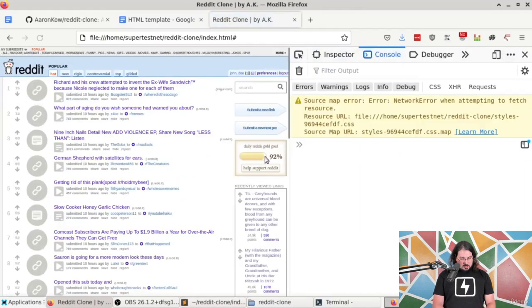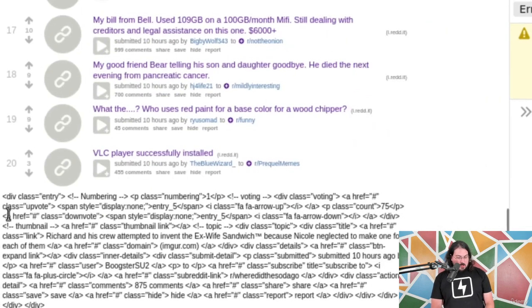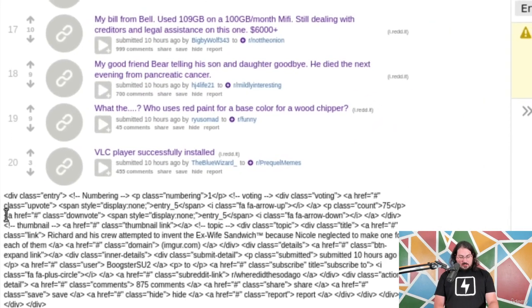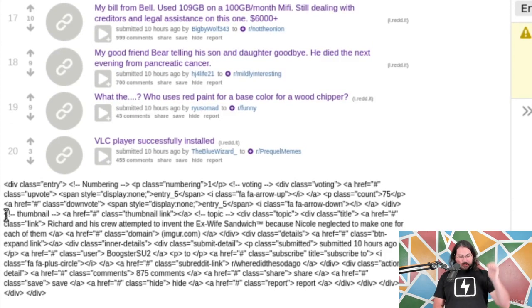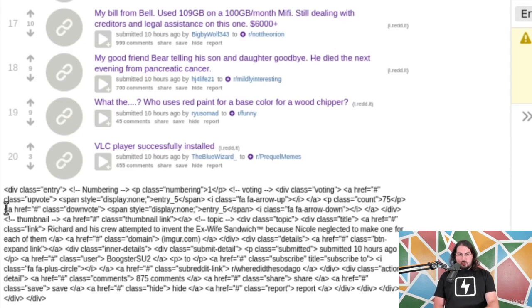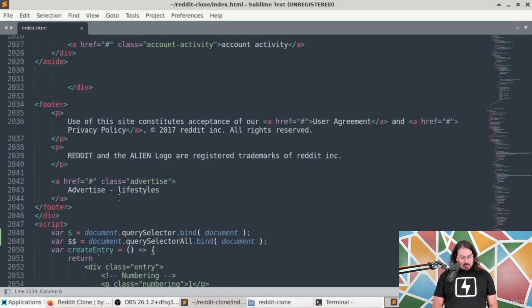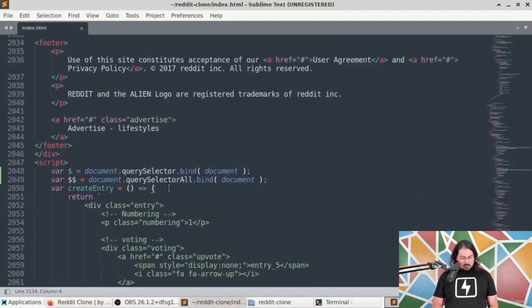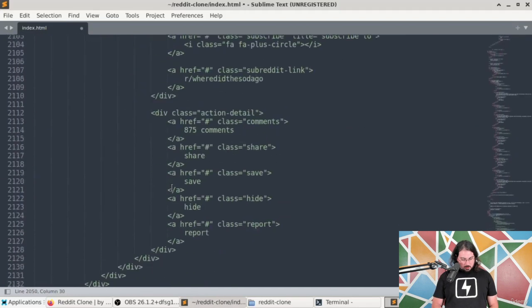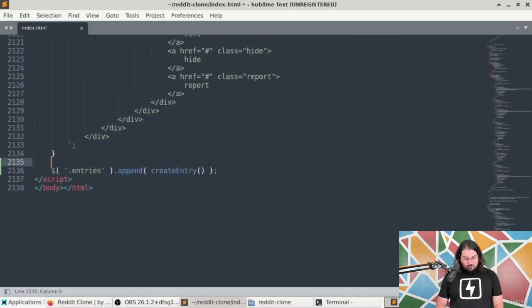So now if I refresh this and go down to the bottom, well, we've got something. We've got some text down here that doesn't look like HTML, but what it does look like is I've managed to take some text that will eventually be populated from Nostr and append something to this entries array. But I don't want it to be text. I want it to be HTML. So what I'm going to do is modify down here so that I will create a